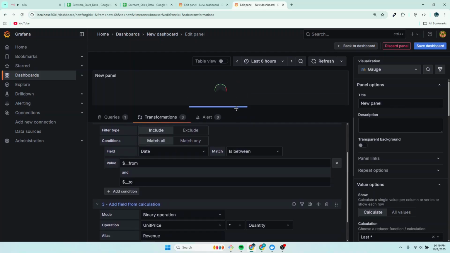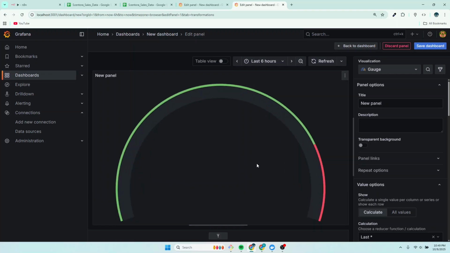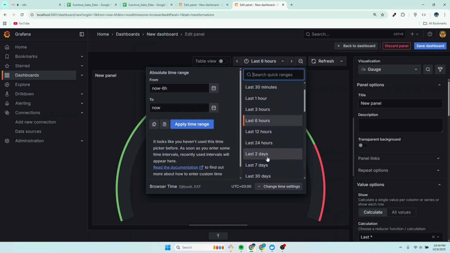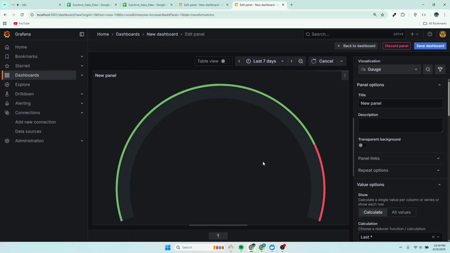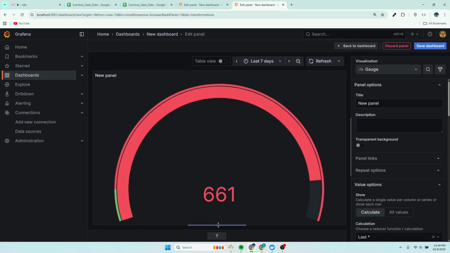So right now, if I scroll down, you see that I have a gauge, but there's no data listed there, because by default, it is listing the last 6 hours. So I don't have any cells. I'll probably just use the last maybe 7 days. So if I select the last 7 days, it's going to refresh everything, and it's going to give us this as our revenue. So I'll scroll back